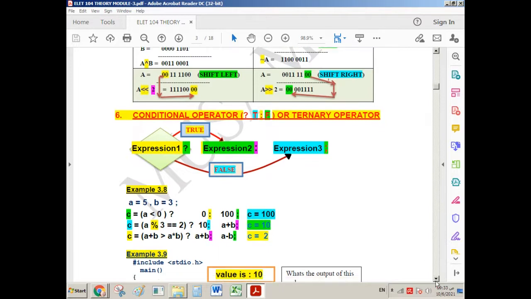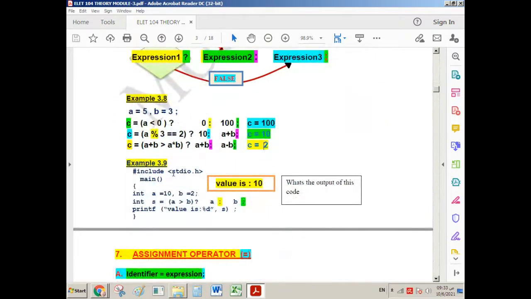Sometimes you will get a type of question in a program like this one, and it asks you what is the output. What is the output of this code? Include main, integer A equal 10, B equal 2. Here we declare two variables, and we assign the value 10 to A, and the value 2 to B, and the data type is integer. Now we declare another variable S, data type integer. The value of S, we get it after we execute